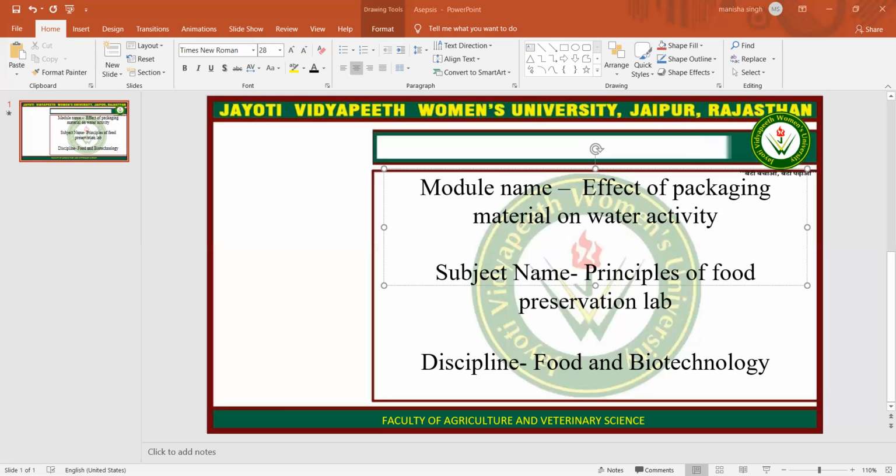That will be found out with this experiment. For this we need different types of packaging material, for example, paper, LDPE, HDPE, high density polypropylene, low density polypropylene, tissue paper, tetra pak, laminates, etc. And some food product, for example, we can take a biscuit or chips, and we also require a water activity tester.